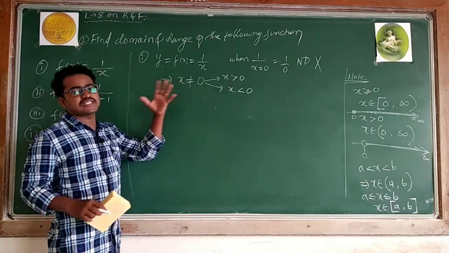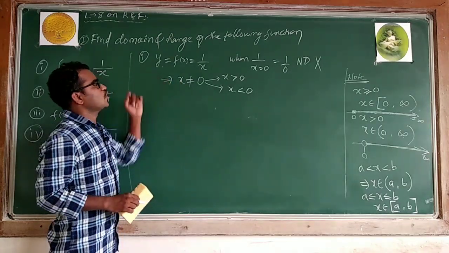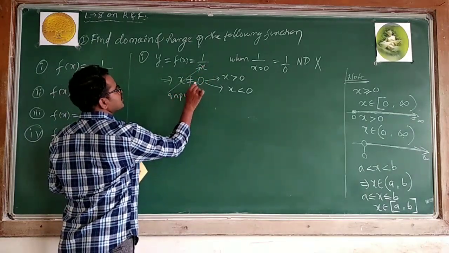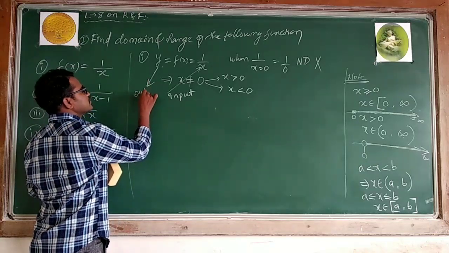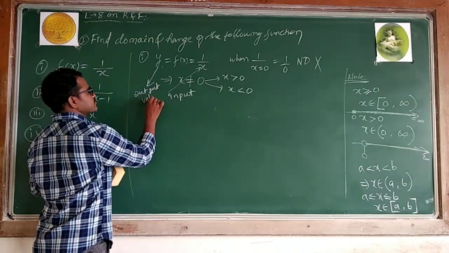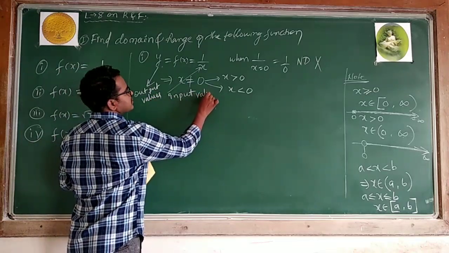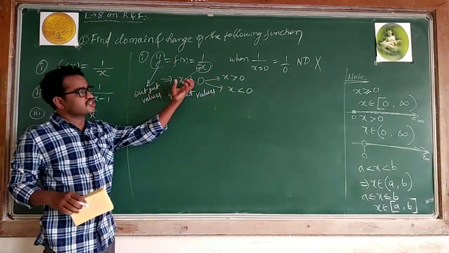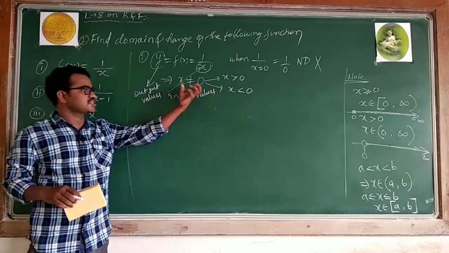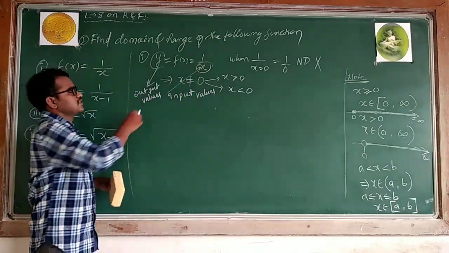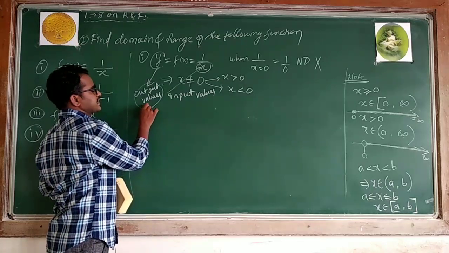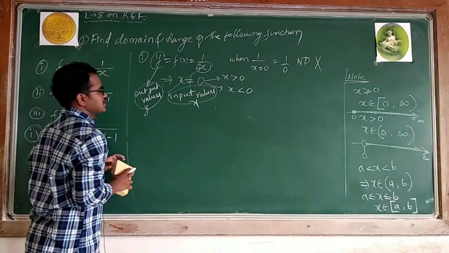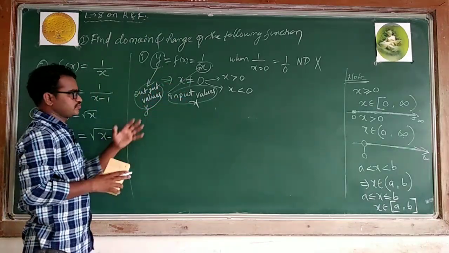When I am taking values of x, I can say input values. Y values are output values. So x values are input values, and y values are output values. In general, I can write input values are considered as x, output values are considered as y. The function will make some changes, and according to that you will get y values. This output value is always a range, which I can say is y. Input values are always x. Are you getting it? I am taking this roughly for understanding purposes.